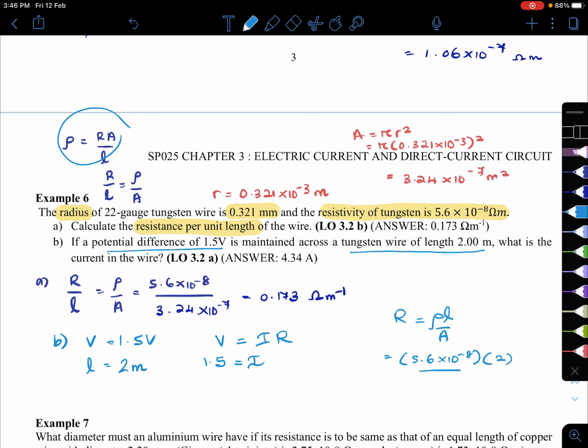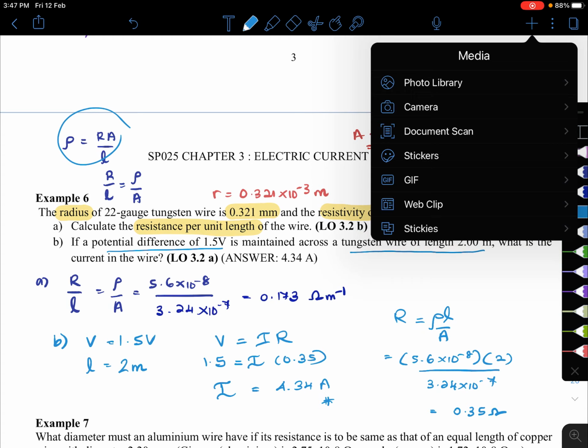Length is 2 over area is 3.24 darab 10 kuasa negatif 7. Dapatlah resistance dia sebanyak 0.35 ohm. Okay, and then this one will be 0.35, and then your I would be 4.34 A. Okay, oh sorry,